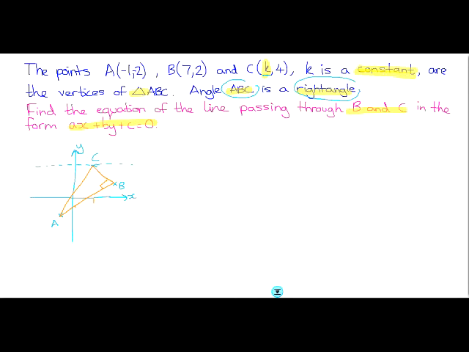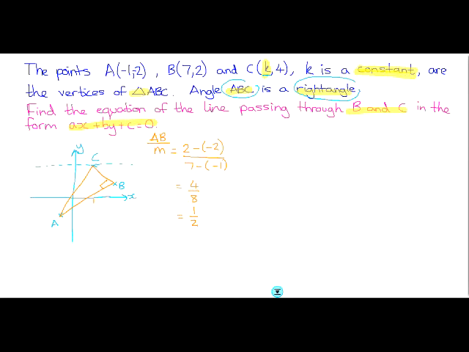Okay, so you can see that this line here is perpendicular to this one. So to answer this question, what I'm going to have to do is find the equation of this line. And in fact, at the moment, that's the only thing I can do. And we'll take it from there, we'll just explain it as we go. So we don't know the gradient, so that's the first thing we're going to need to work out. So at the moment, I'm doing line AB. So the gradient is y2, take away y1. So it's 2 minus -2 divided by x2, so it's 7 take away x1, which is -1, and that's 4/8,